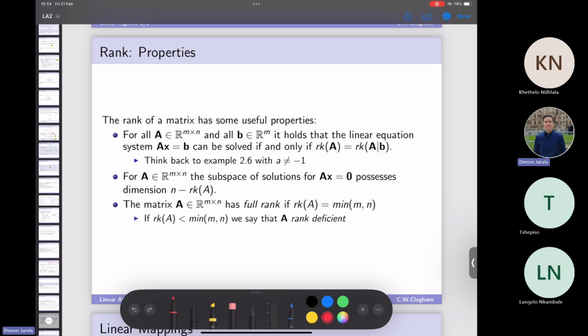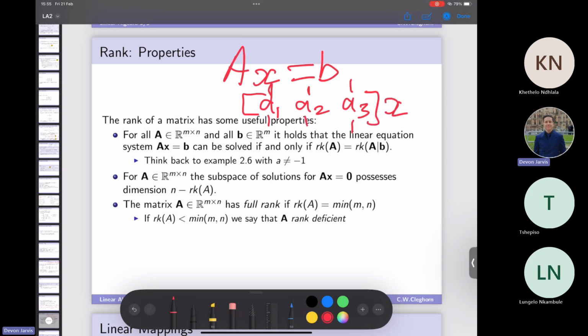It means that I couldn't find any sum of the columns of A to represent B. But that's exactly what I was trying to solve, right? Ax equals B, where A is these, A1, A2, A3, however many you want. Those are their own vectors, multiplied by my x, that gives me that sum xi Ai